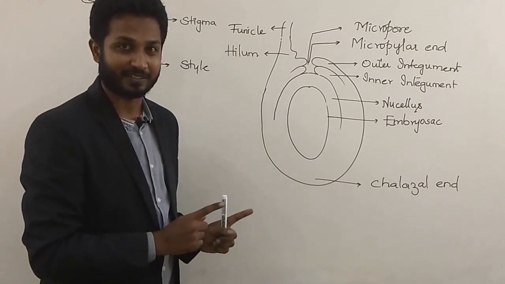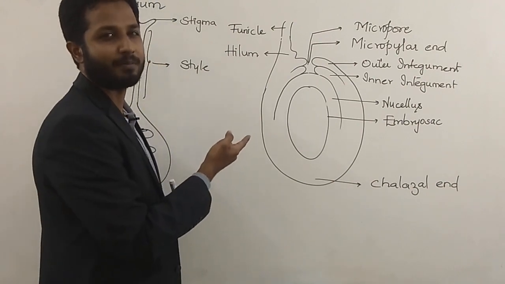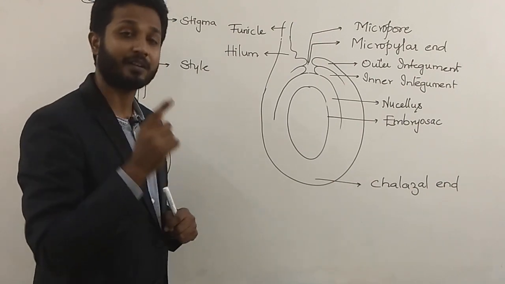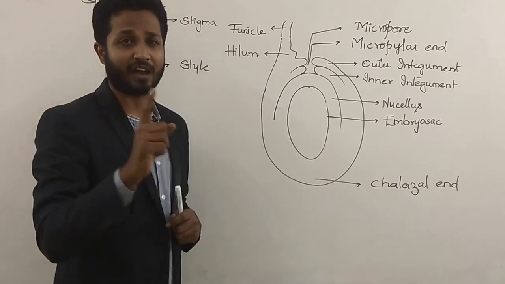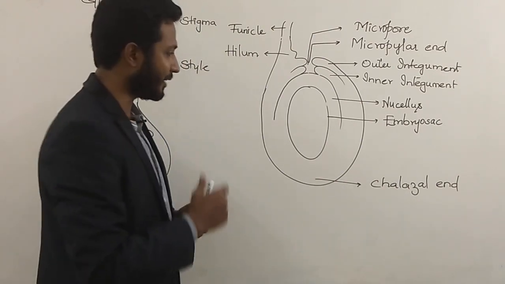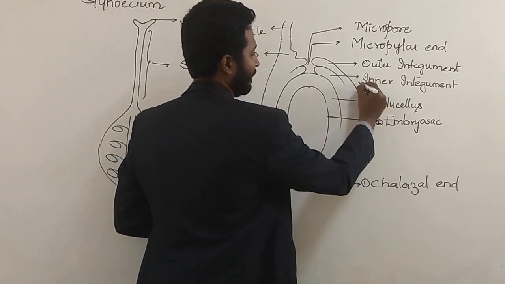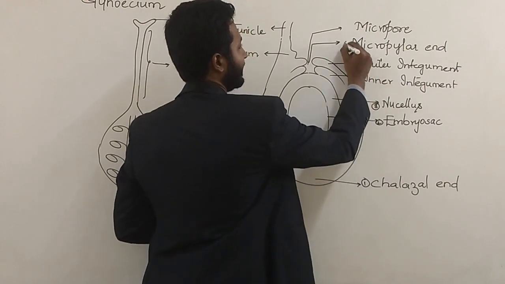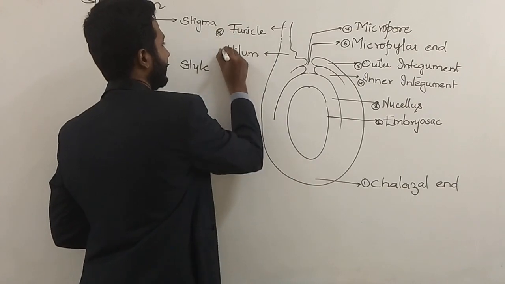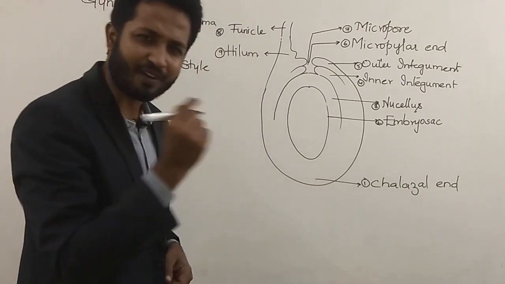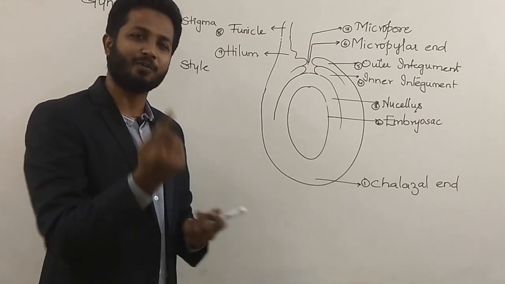Very important for examination. Let us now count the number of labelings, because you will not get exactly 10 labelings when you draw this entire diagram. But according to the rule in the board, you need to give at least 10 labelings, half mark for each labeling. So let us count. 1, 2, 3, 4, 5, 6, 7, 8, 9. We are just short of one labeling. Now if you see your textbook, you will not get one more labeling.